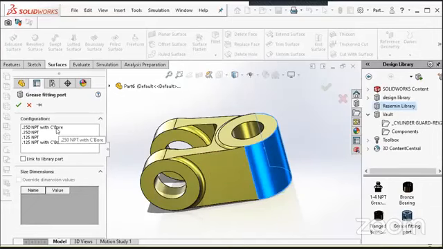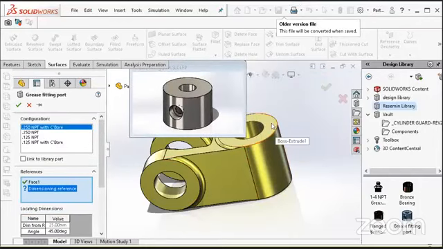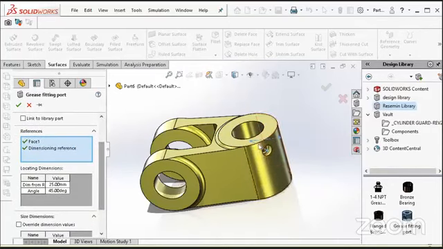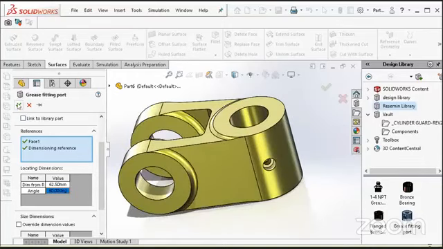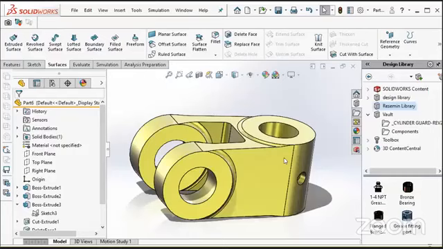Now I have made 4 configurations of this grease fitting port. So we can check one of them and define the reference of the top. Also, to position this grease fitting port, I can give it a value of 125 by 2 and the angle of 60 degrees. Done. Now my part is ready.